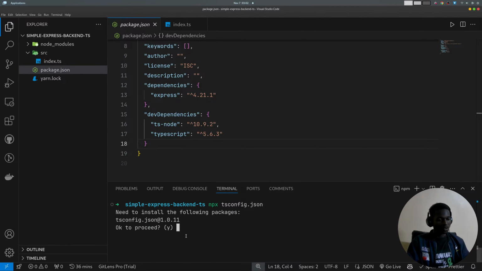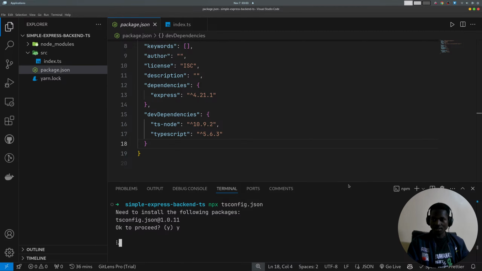That will invoke a CLI that will generate a sample tsconfig.json, which is a simple tool that will just generate the